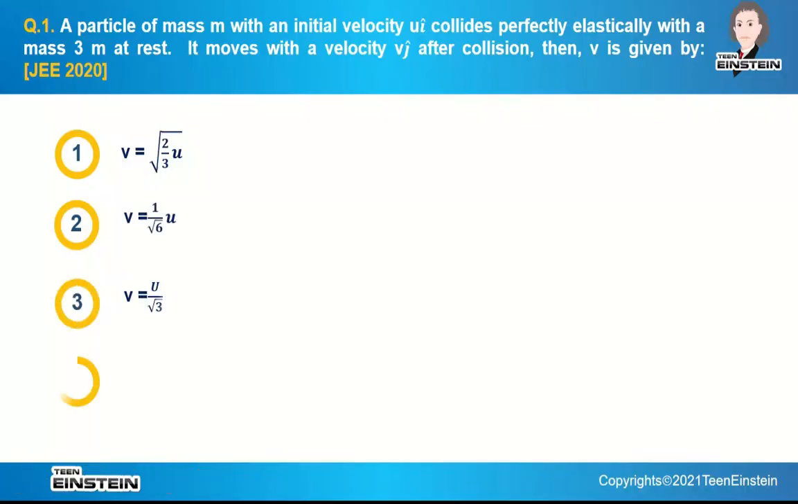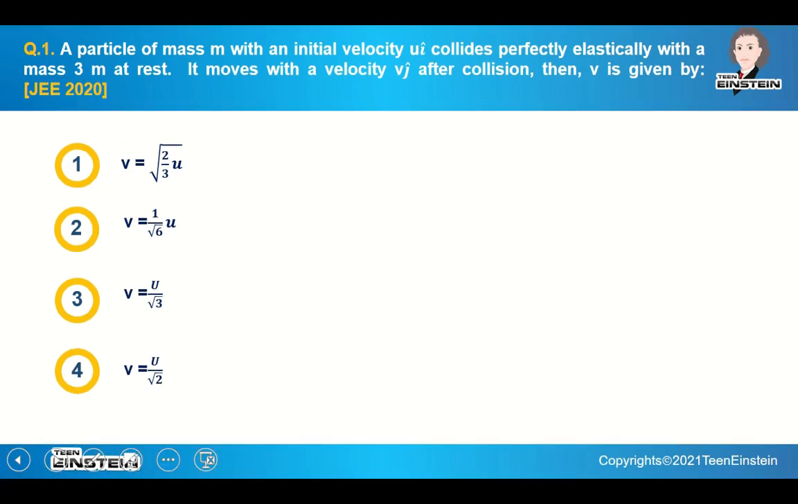So the first question is, a particle of mass m with an initial velocity ui collides perfectly elastically with a mass 3m at rest. It moves with a velocity vj after collision, then v is given by. So what happens before collision is